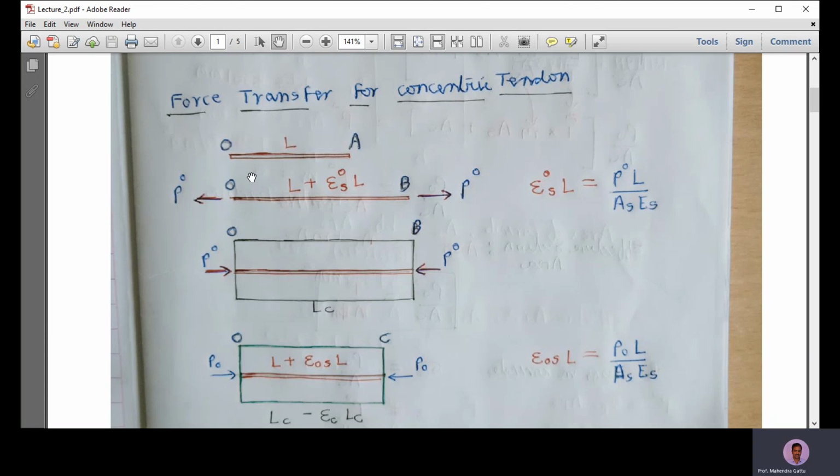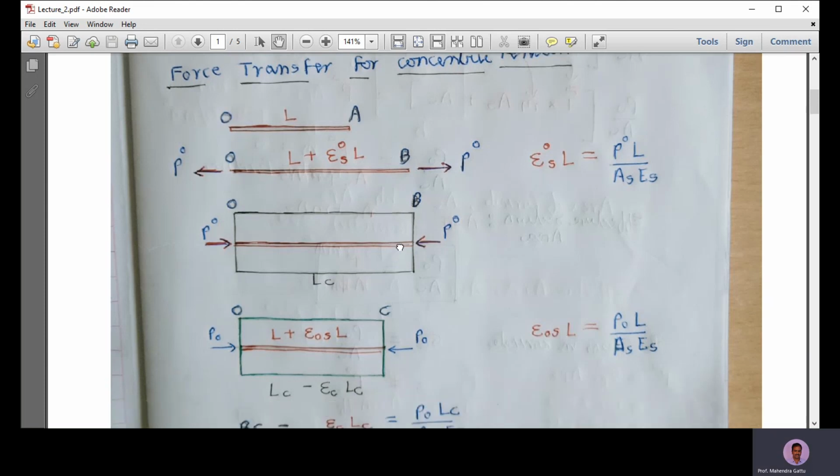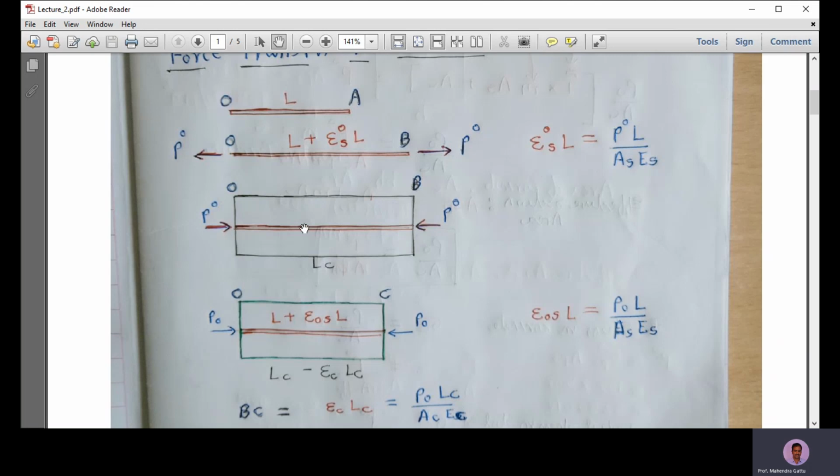Now concrete is poured onto this steel bar. There will be a bond developing between the concrete and the steel bar. After the concrete gets sufficient strength, we remove the force which is supplied by the hydraulic jack. As a result, in this composite system there is a force in this bar which is P superscript O, and this bar will shrink in length, and as it shrinks, there will be compressive stress produced in the concrete.